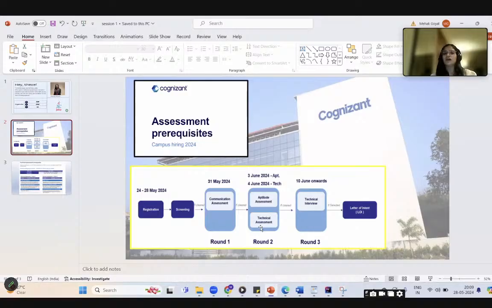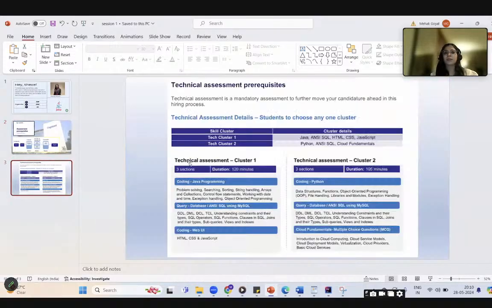If you have cleared all these online assessments, then you will proceed towards the technical interview. So good luck for that, and I hope I will be able to help you guys in the process.